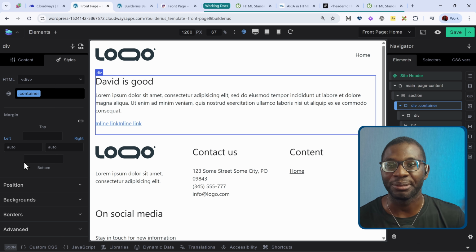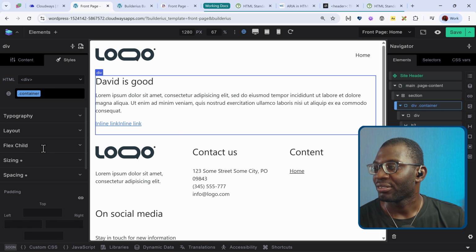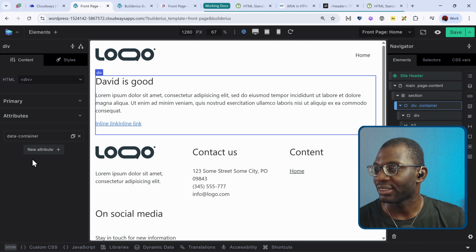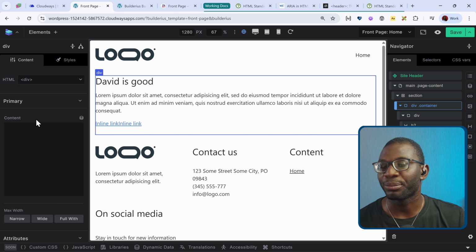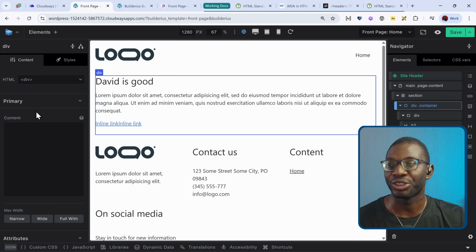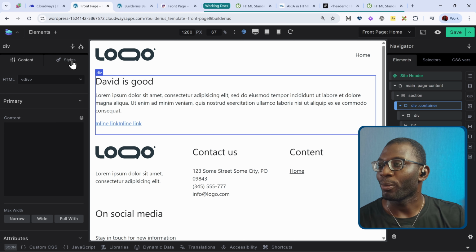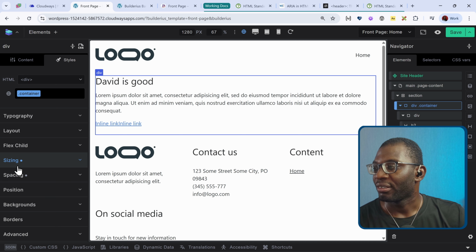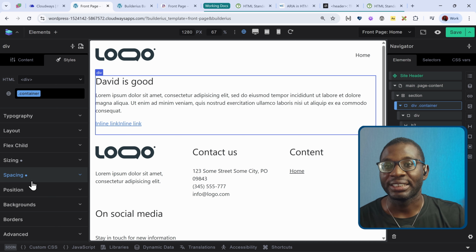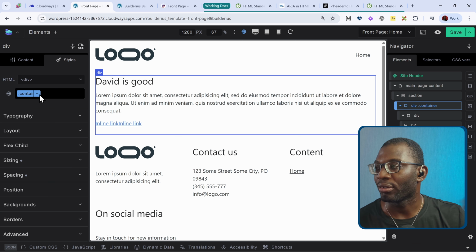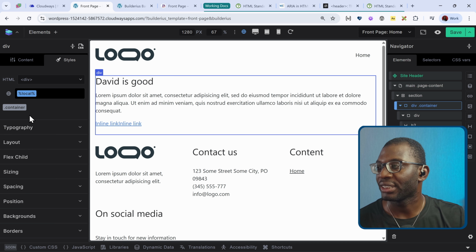you can change them. And like I mentioned about the data attribute as well, if I come back to the content, you can see data container set to true. That's just an attribute that was added by Builderius to help us in styling containers if we wish. So you can go back to the style tab. Let's go ahead and see the CSS generated, but let me first apply a local style. So let me go ahead and close the class. It returns back to local styling.